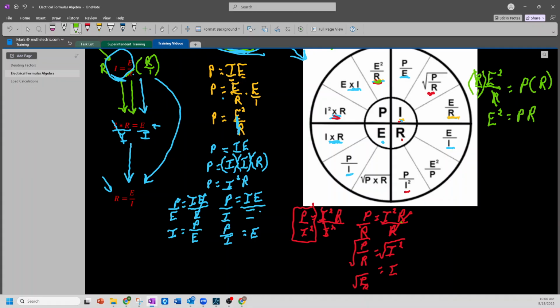Now I need to undo the squared term. So the opposite of squaring is taking the square root. And lo and behold, voltage is equal to the square root of PR. And I just found, where's my E? I just found this one. Okay, now